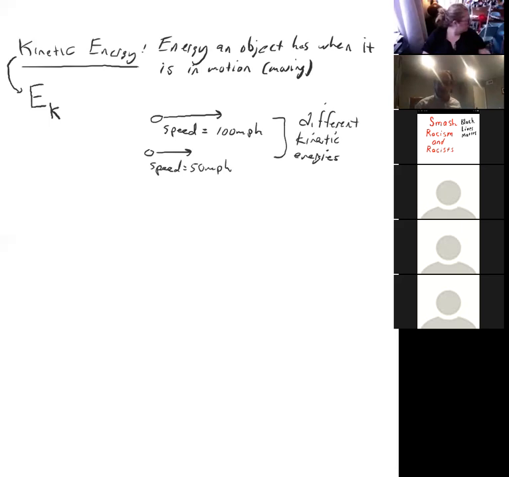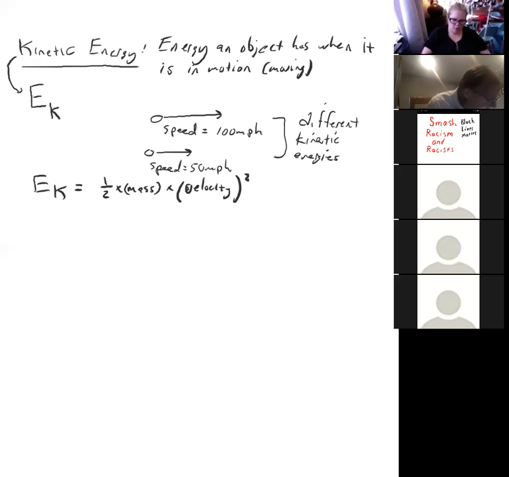Okay, they would have different values of kinetic energy. So let me give you the equation. The kinetic energy of a particle is 1/2 times the mass times the velocity squared. So it's whatever the mass of the particle, or the mass of the object, times its speed or velocity squared, times 1/2. So let me write that as a formula. 1/2